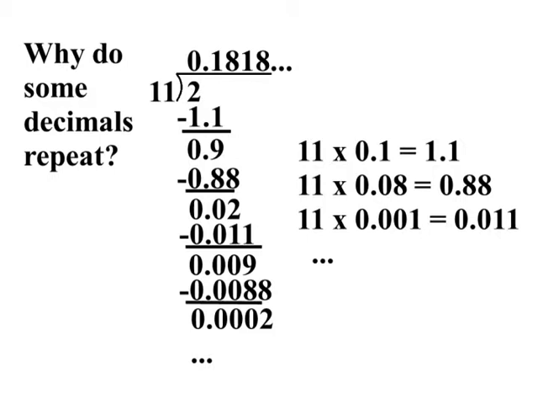So we subtract off 1.1 from 2, and up on the top we write the first 0.1. 2 minus 1.1 is 0.9. Now we have to drop to a lower power of 10, and we have